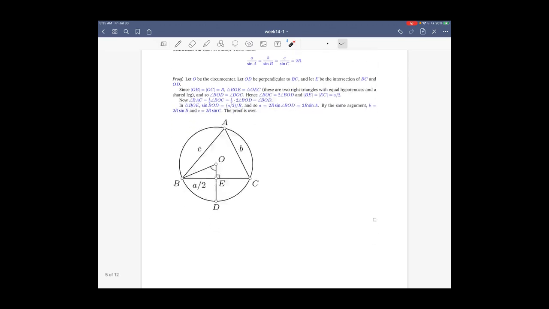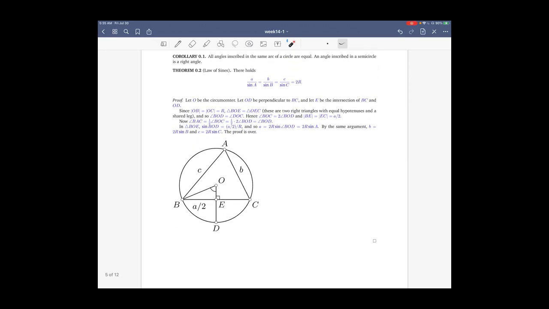You can also memorize this in a slightly different way, because from here I can write that, say, a equals 2R sine A, or b equals 2R sine B, or c equals 2R sine C,